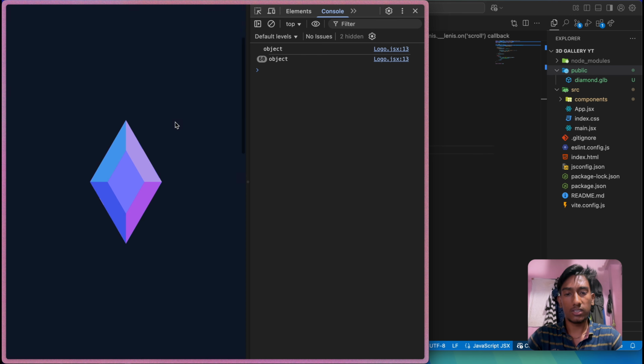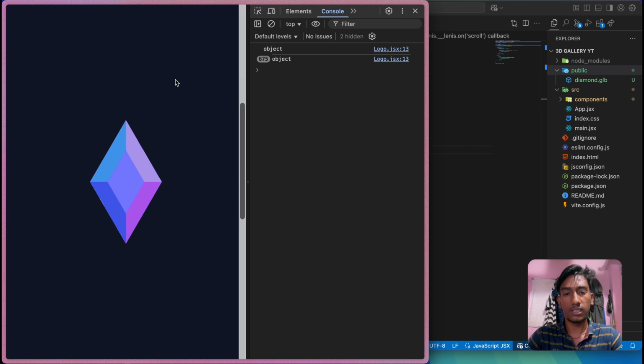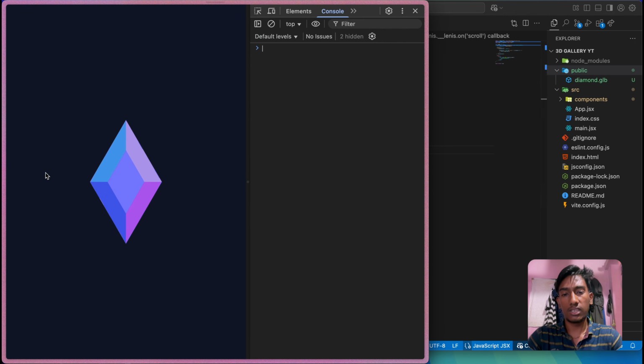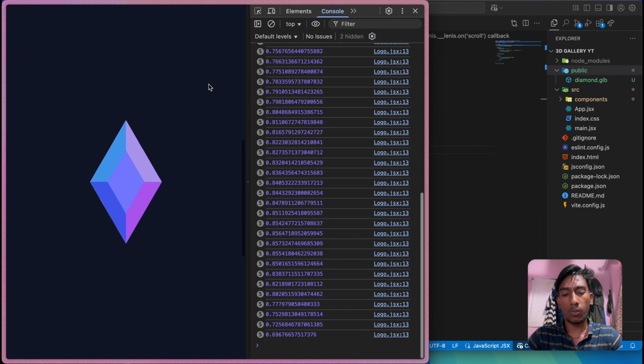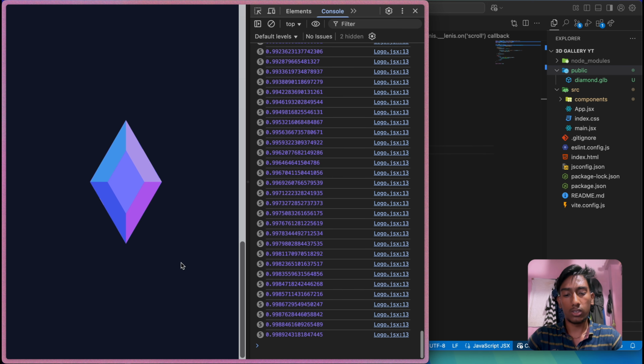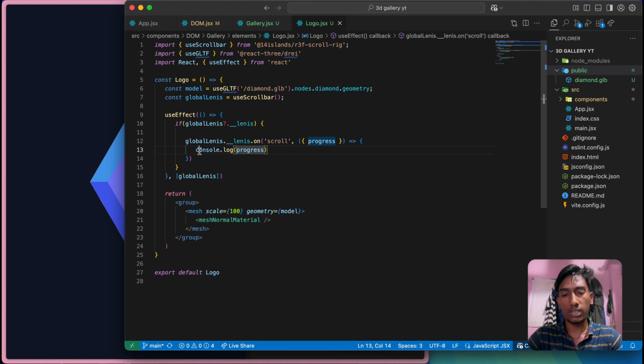So if I just refresh and scroll, you can see I'm getting an object here. Yeah, we can get the progress here. If I just log it, you can see we have the scroll progress here, and it's 0 at the top and 1 at the bottom. So we can use that progress.